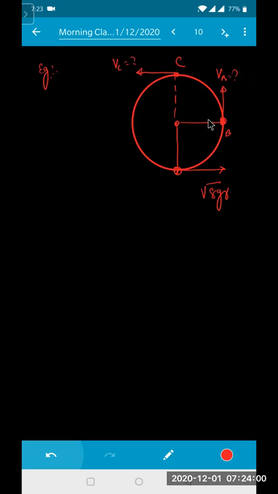See here. This one is your point X and here is your bob. I'm giving you the velocity here as under root of 8g into r, beta. So now when it is going here, what will be the velocity at this position? Let's take this as B. And when it reaches the highest position, what will be the velocity at point C? So this VC is equals to how much? This VB is equals to how much? And tension at B is equals to how much? Now the question is to find